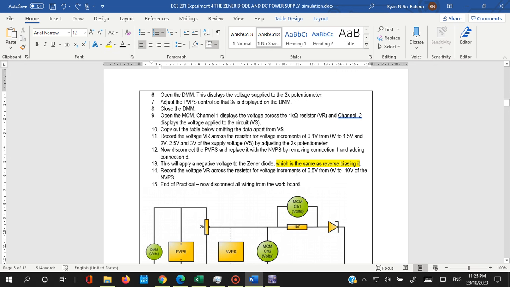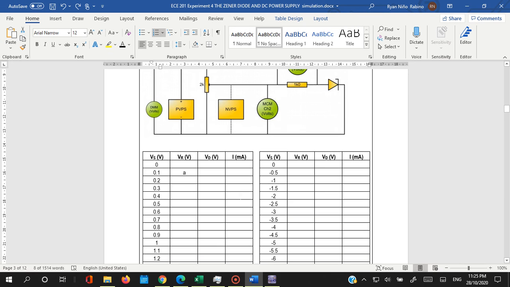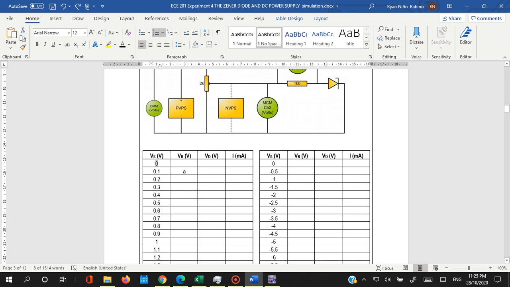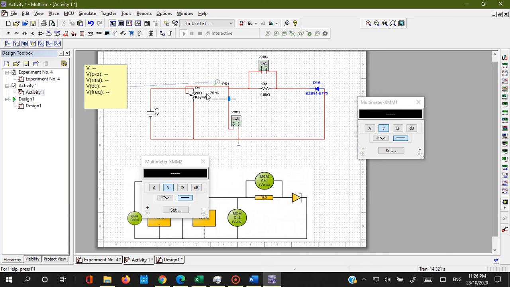And then after that, we will replace it with the negative power supply, or we will just reverse bias our Zener diode because we don't have a negative DC power supply here. So we can only do it using the NI LVs. So first we need to measure the voltage at 0 volts power supply. So in order to do that, okay,